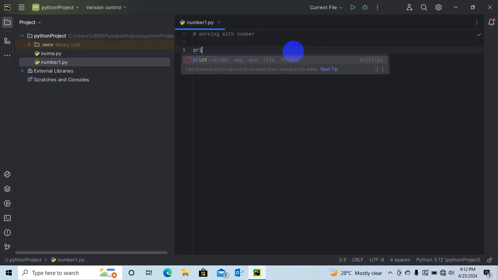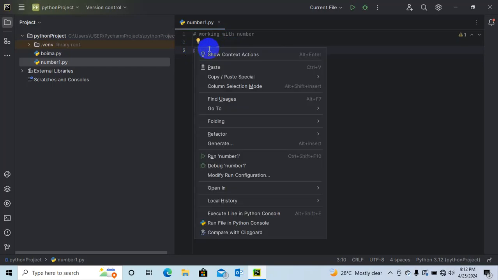So I say print, then I put my parenthesis and I just press 80. You notice that numbers don't need brackets or inverted commas. So I could just say print and I put it there.